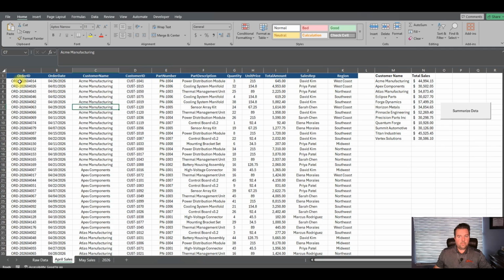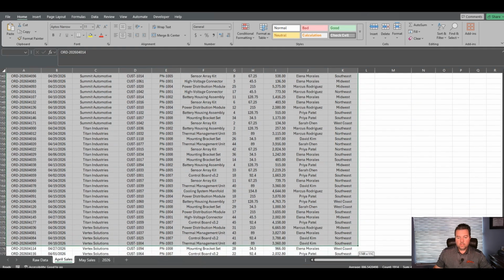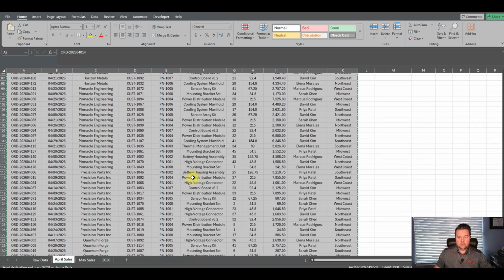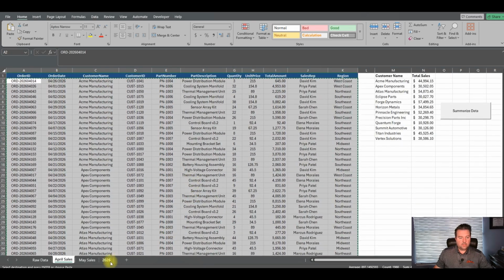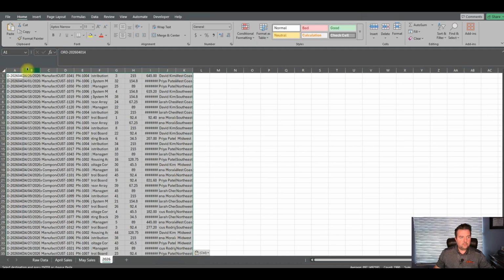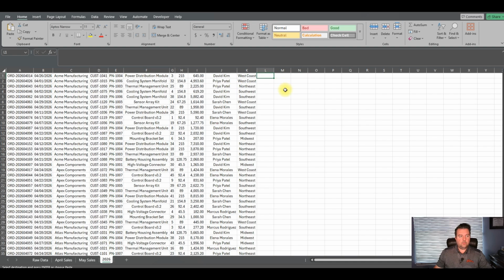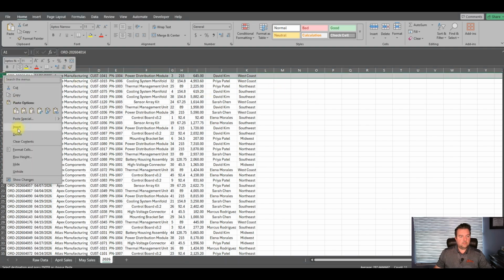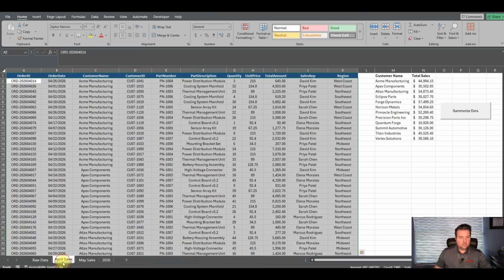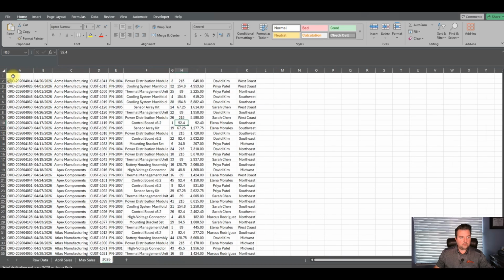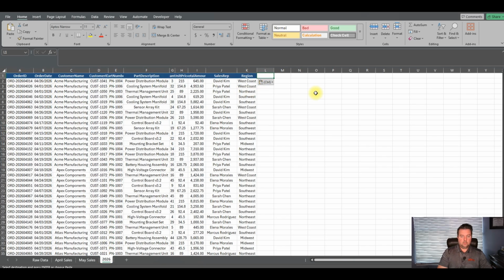So what I want to do with this is copy these data sets over. And what I would do is kind of a running total on this. Now, what we have to do also, though, is be careful because we have to add in a month so that we can tell that this was April data.